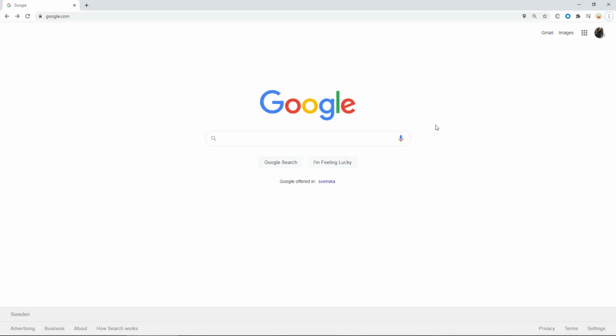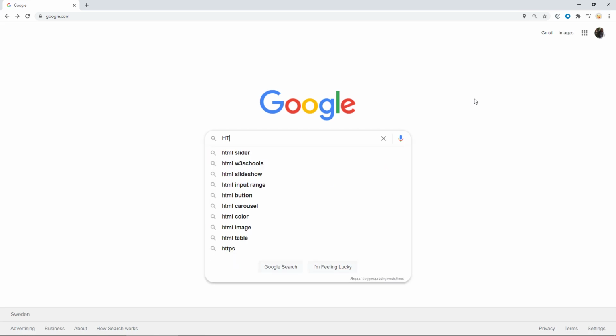How I tend to get started is by looking at a lot of websites to see what kind of interactive elements I would like to have on my own website. In this case, let's just use a simple range slider to change the camera rotation of the character in the application. So what we can do is just search for HTML slider on Google.